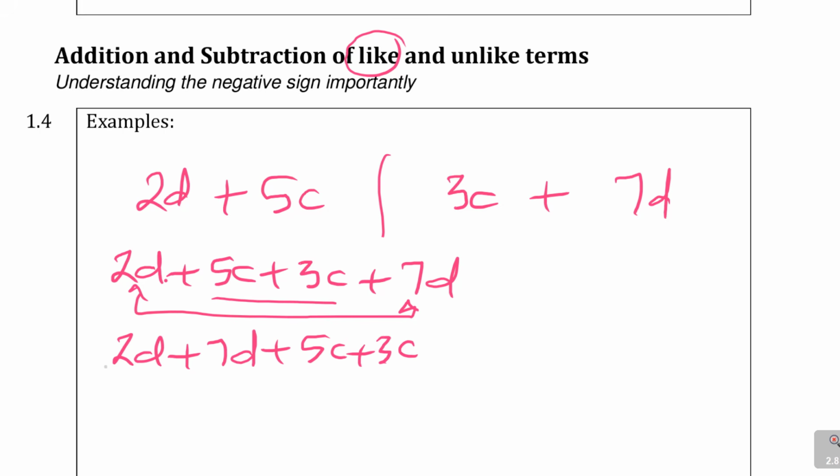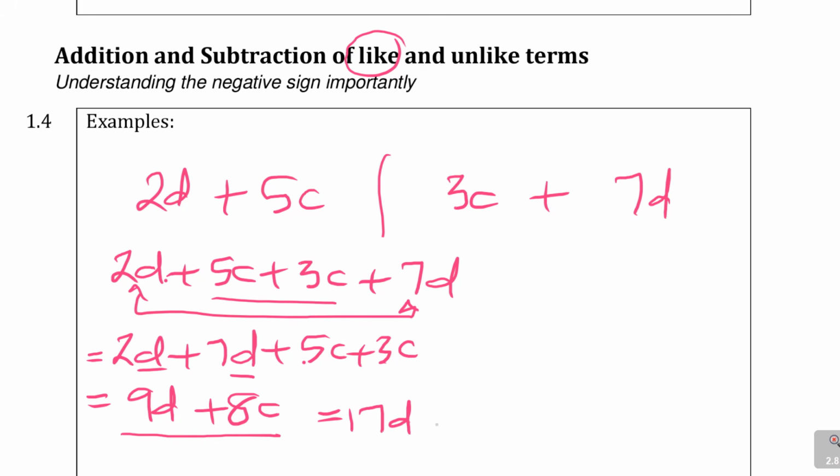Then equal to, now I add the dogs together, see D means dog. 2 plus 7, I've got 9 dogs plus 5 plus 3, I've got 8 cows. Then that's what I have. When I'm adding them together, I'll say I've got 9 dogs and 8 cows. I don't need to do anything further, because now if I add 9 and 8, I'm going to get 17